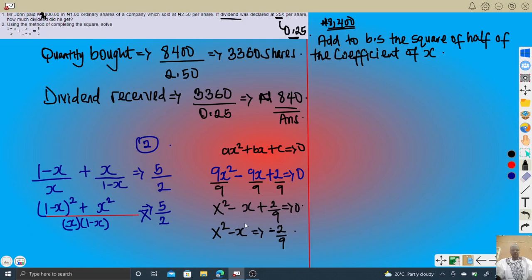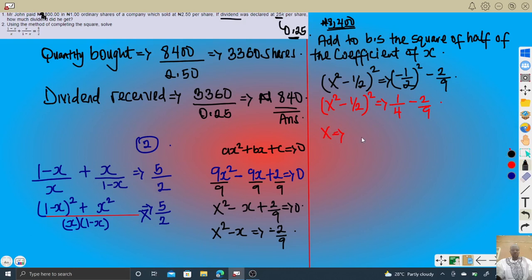Doing that, it's going to give us x minus 1 over 2 all squared, I don't want to waste our time, directly equal to 1 over 2 squared minus 2 over 9. So doing this directly, I can say this should give me x minus 1 over 2 squared is equal to, you know, when you square a negative value, this is 1 over 4 minus 2 over 9. So on simplification, without wasting time, guys, I hope you can see this, x is equal to, taking the square root of both sides, we know that